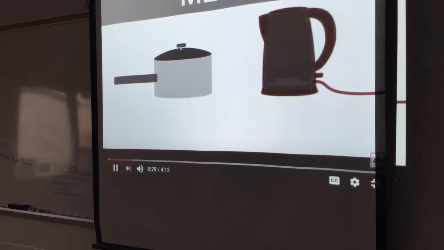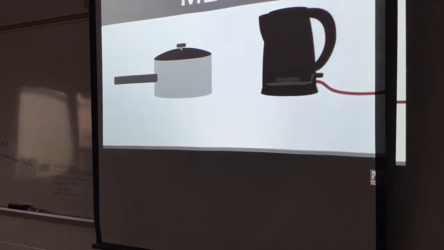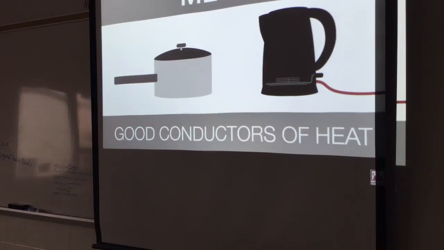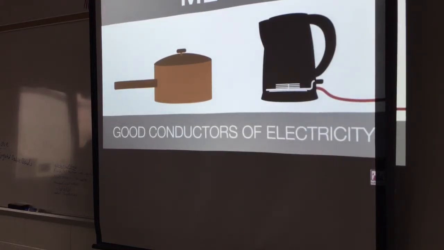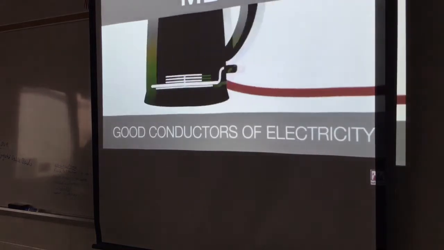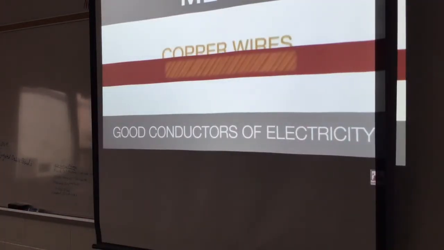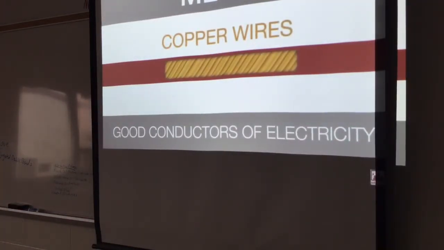But the coiled heating element inside it is made of metal. Metals are good conductors of heat. This is the reason why metals are used to make these everyday objects. You would never see a pot made of wood or a heating element made of plastic. Metals are also good conductors of electricity. The wire connecting your kettle to the electrical socket is actually made of many copper wires, insulated with a layer